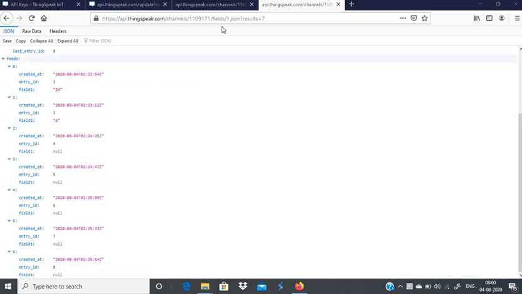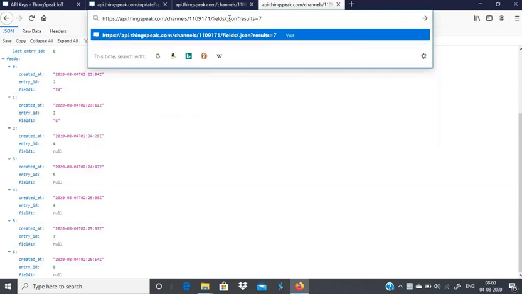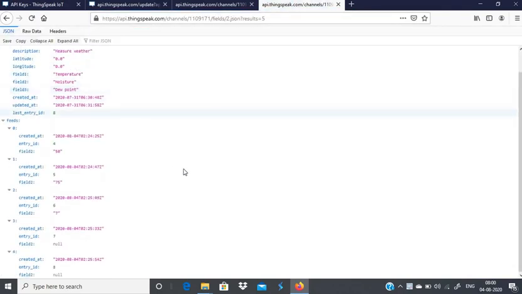Similarly, if you like to view the data in field 2, get into here, change this to put it as field 2. So how many data you want to view? That also you can change. Either you can put it as 8 or you can put it as 5 or whatever it might be. So you can change the field number here and the number of data you want to view here and click enter. So you will get 5 data, the last 5 data, and you can see according to the field number.